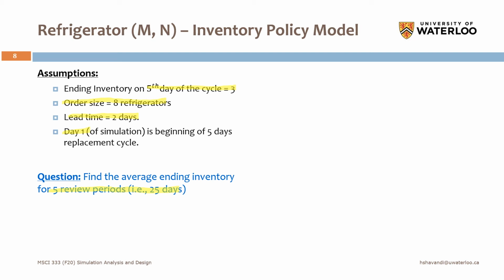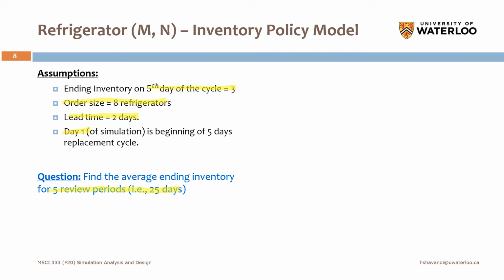So we have specific values for these, m as 11, n as 5, and here we are just going to obtain the average ending inventory for this policy, for this assumption, for 25 days or 5 periods,